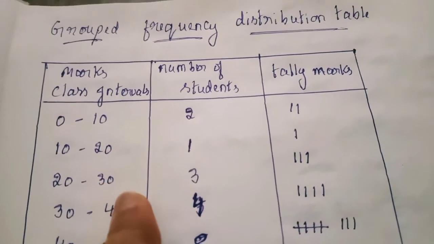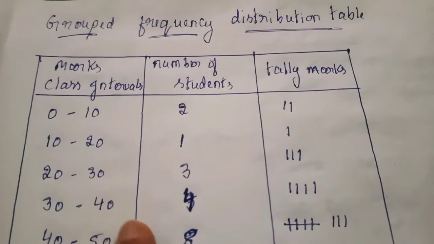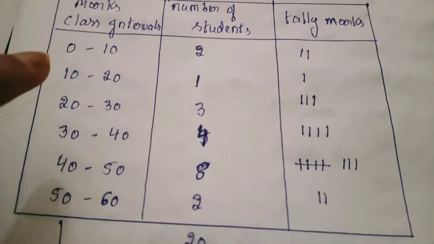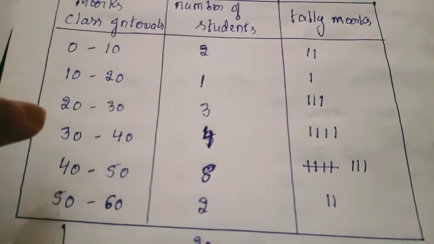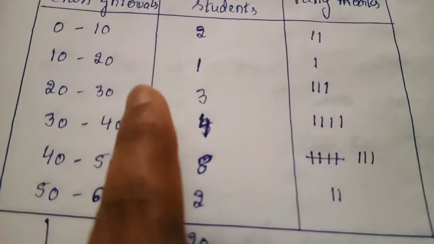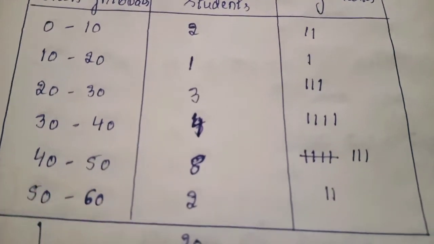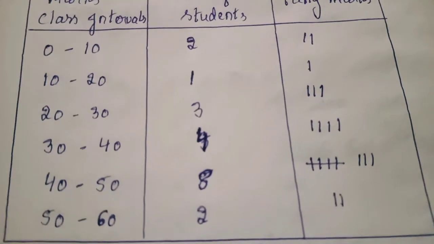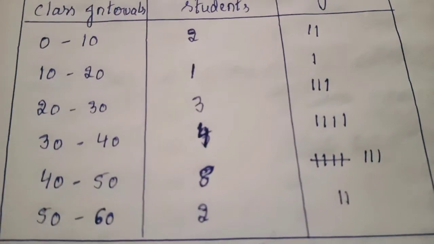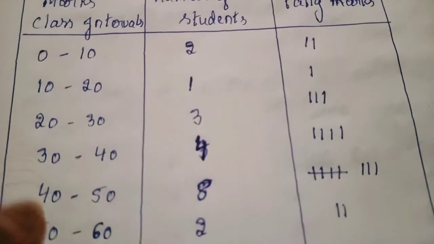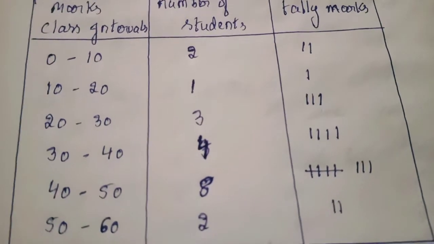30 minus 20 is 10. 40 minus 30 is 10. 50 minus 40, these are lower limits. When you subtract the consecutive lower limits or the consecutive upper limits, we can observe that the size is 10. So how many observations are there in each group here? 10. You can count. So in each group we have taken 10 observations. So class size is the same.